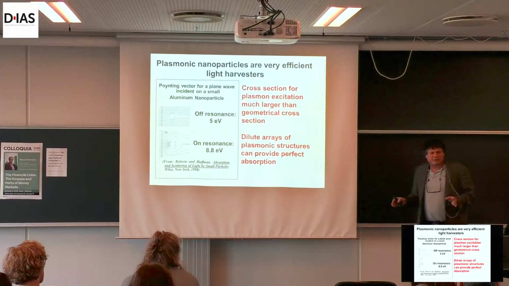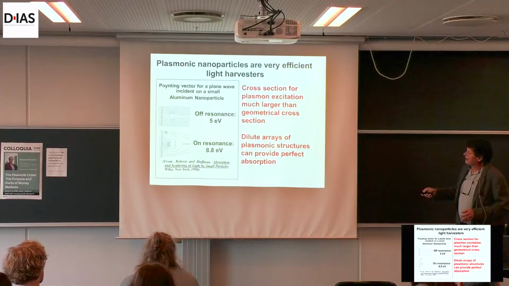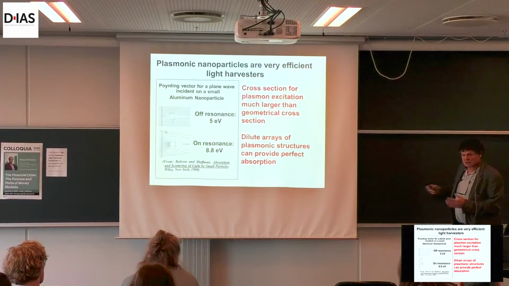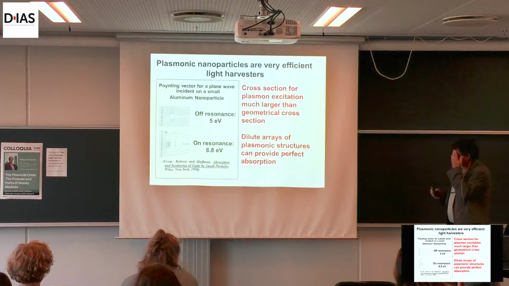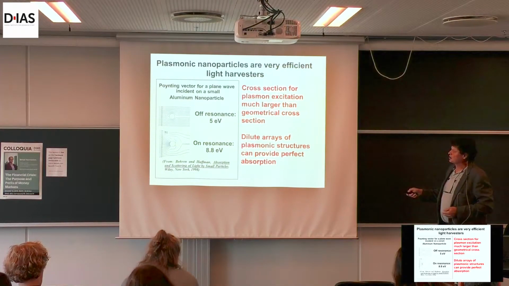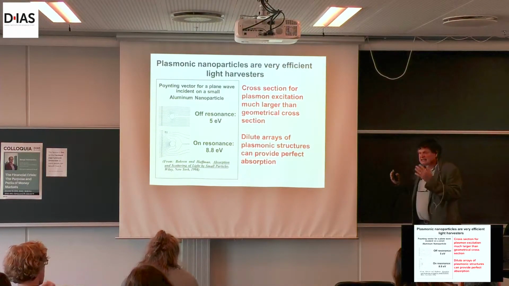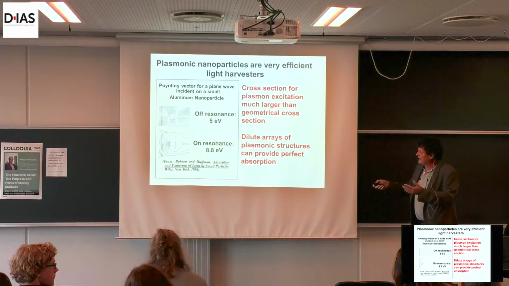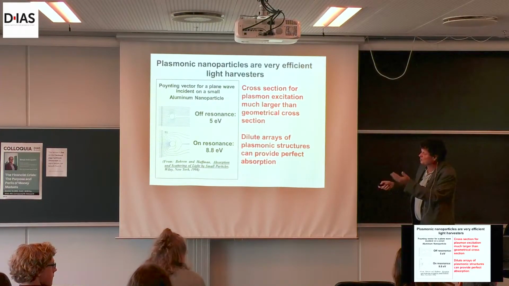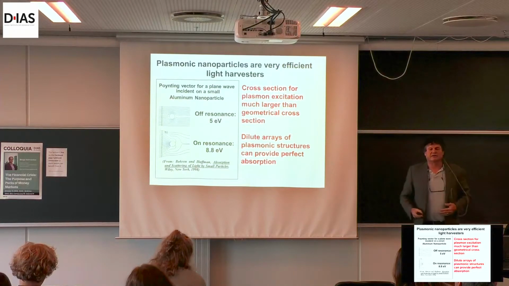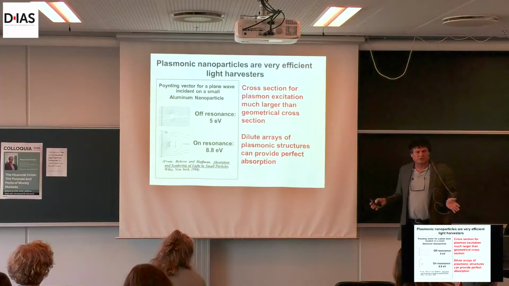The physical reason for that is very simple. We have very large surface charges. Remember how this plasmonic nanoparticle induces surface charges, and those surface charges are long range. So when you solve this problem mathematically, the field from the induced surface charges has to match the incident field. That's why they have these enormous cross sections.